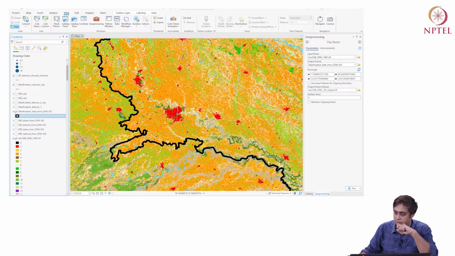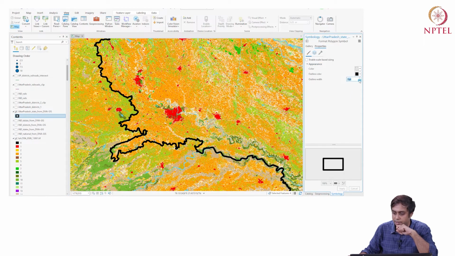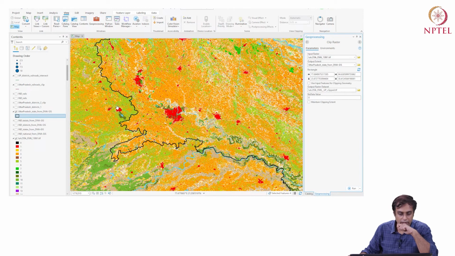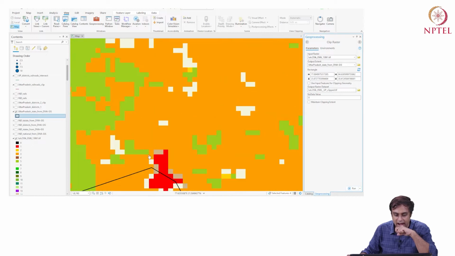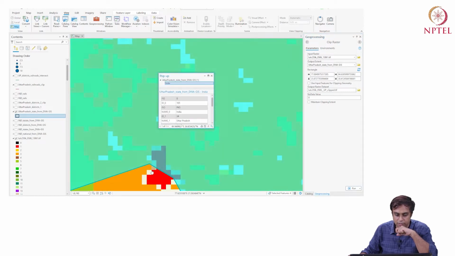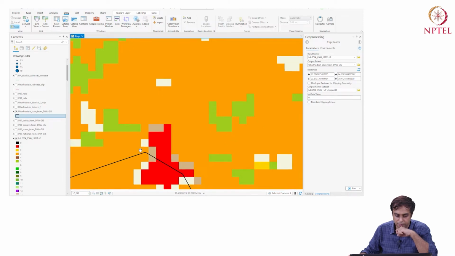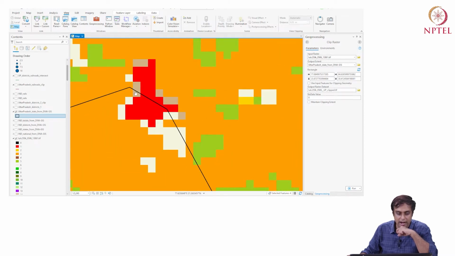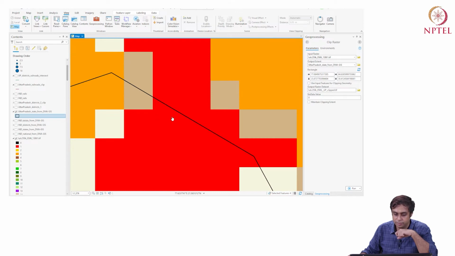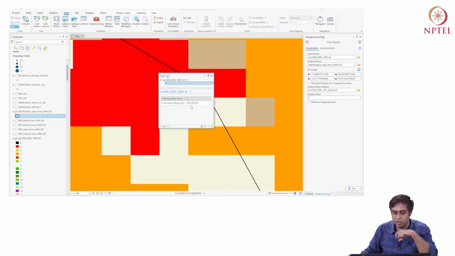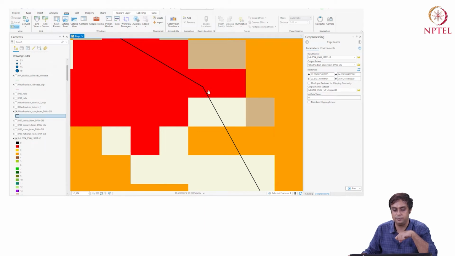right? I'm just going to go to symbology and make it a slightly thinner boundary. Okay, what happens is that at the boundary, here you see different pixels, right? And if I pay attention to a particular pixel, the boundary is crossing through the pixel.